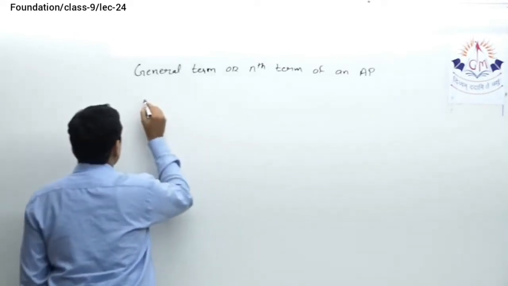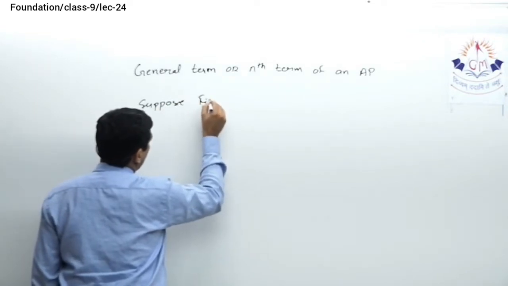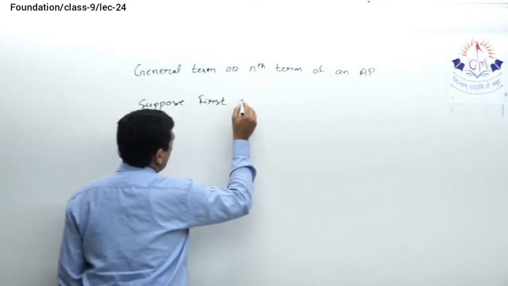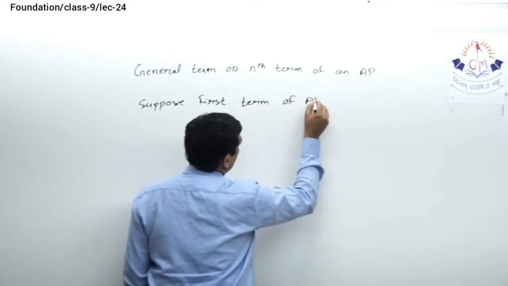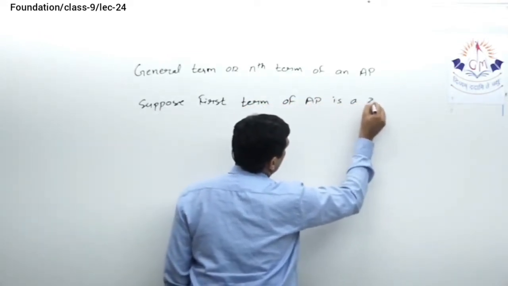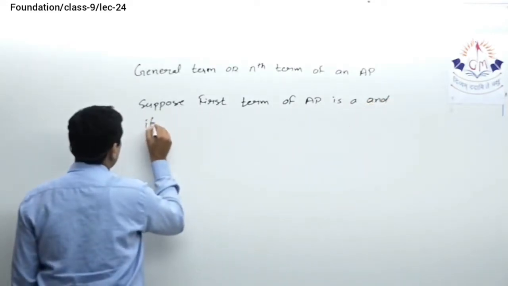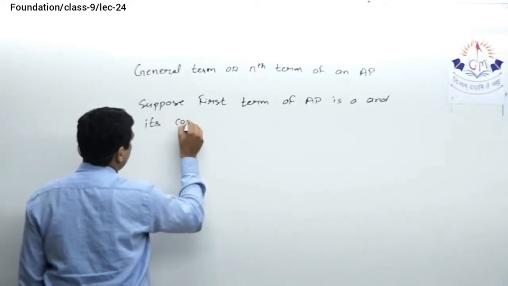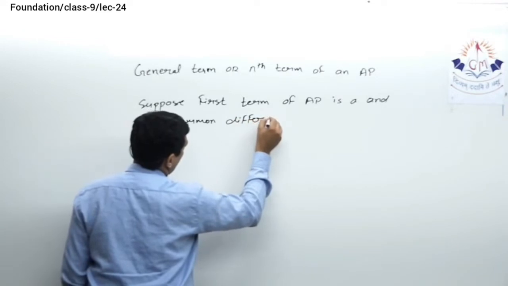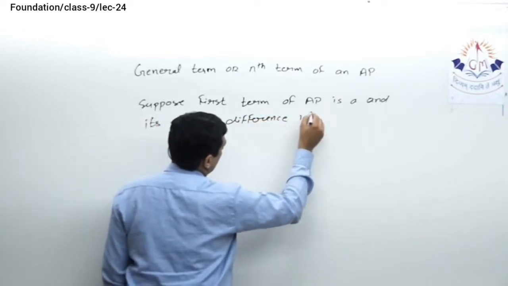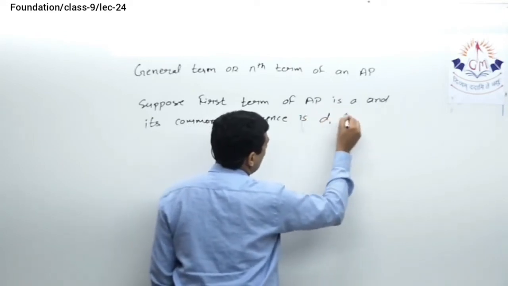See, suppose the first term of the AP is A and its common difference is D, then